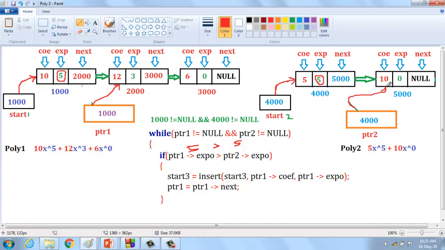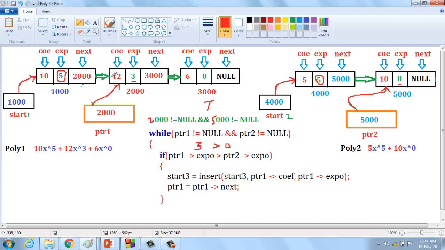Second node in the list. Then this data is copied here. And then totally we have changed.